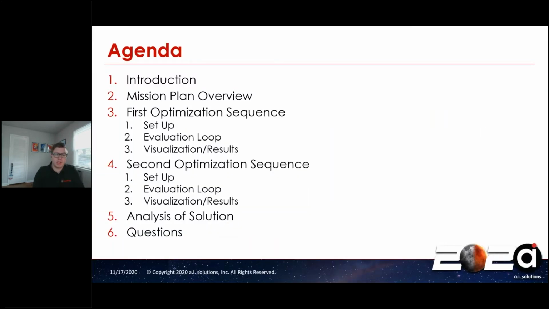So first up, just a quick agenda. I'm going to do an introduction and give an overview of the mission plan. Then we'll go through the first optimization sequence in the mission plan, and there are 3 elements to that: the setup, the evaluation loop, and then our visualization/results. Then we'll do the second optimization sequence, which has those same 3 components. And then we'll look at an analysis of the solution that I came up with, and finally, I'll field some